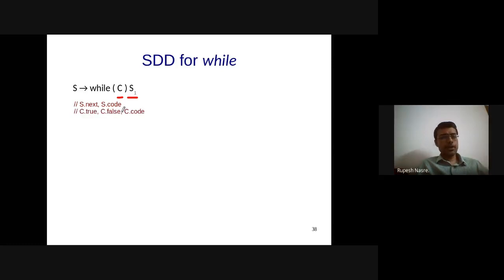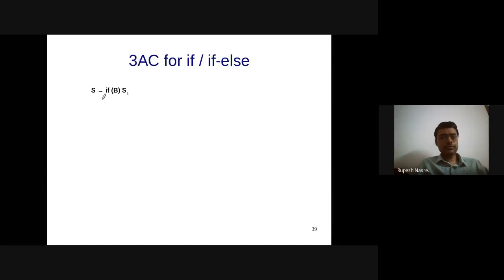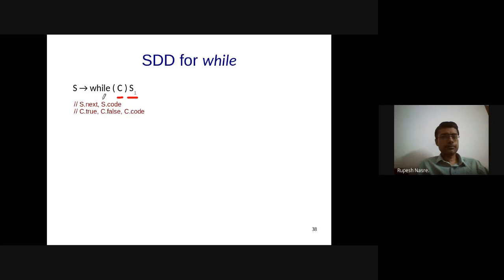So s.next is available and c.code is available, right? s1.code is also available with us. However, s.code is the one that we need to set up.